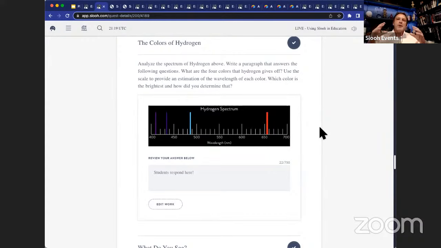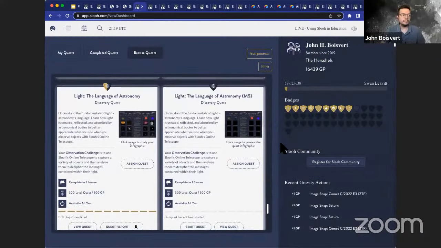But you're addressing this in some ways, John, by, you've already mentioned it, we've got these different grade levels of the same kind of quest, and that's going to change that kind of content mix as well, isn't it? It is. And when we have these different grade levels, it makes it a little bit easier for the students at those various levels to get some of the concepts. We don't want to talk about quantum mechanics stuff in middle school, but maybe in high school we can talk about photons and things like that.